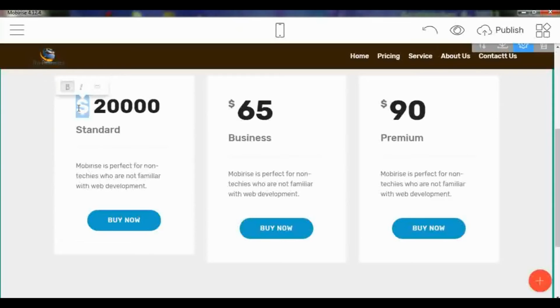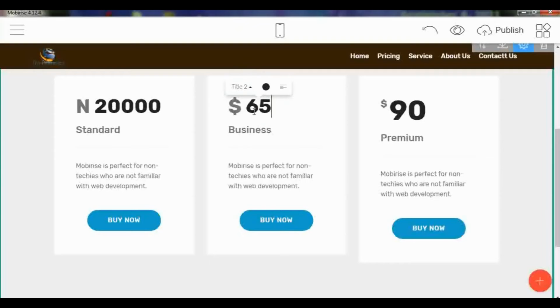Then you put your N, which stands for naira. The same thing you do for this one: click on it, increase it to 2, then select the dollar sign and type N. Let's assume this one is 65,000, and this one 20,000.